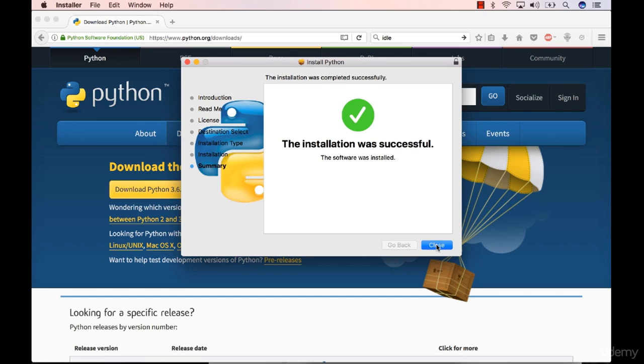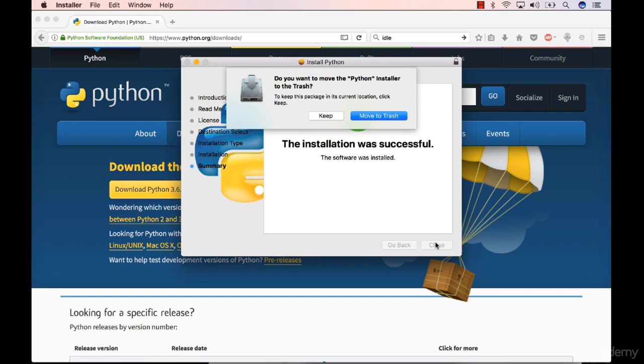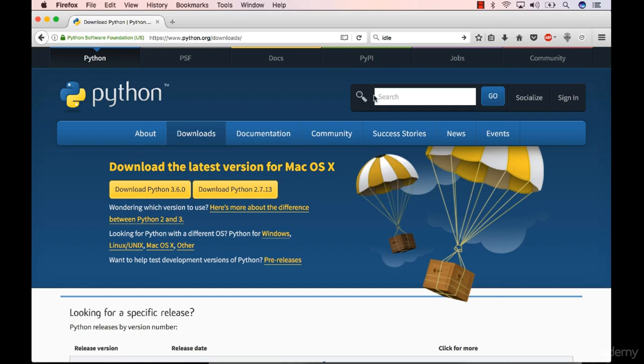So here we go, we've just finished the installation. Now we can close this. We can also immediately move this to the trash, so we don't really need the installer anymore. We can directly clear that, and that covers it. So now we've got this great Python environment downloaded that we can use to write code in and execute all